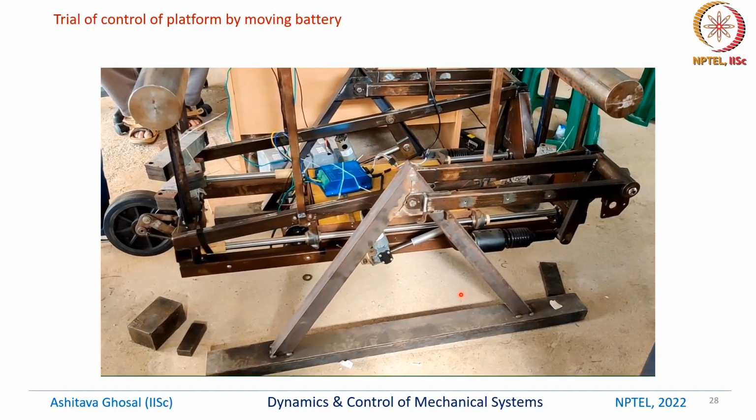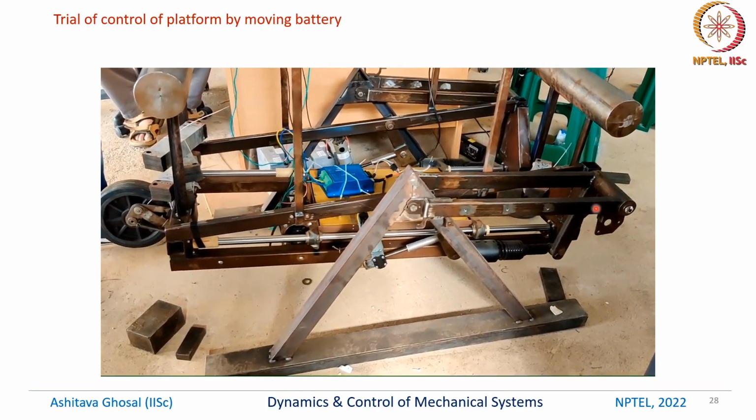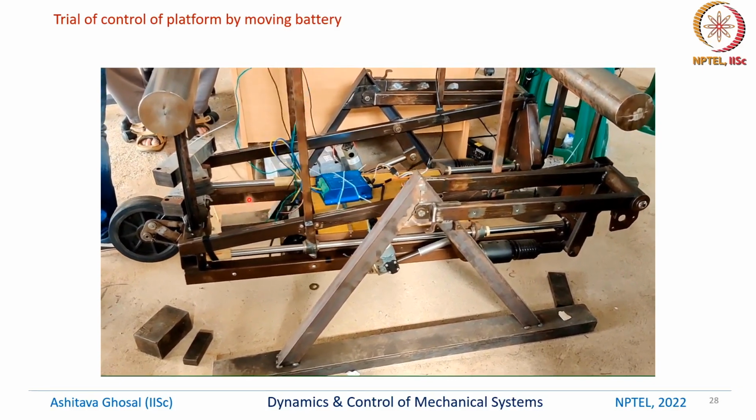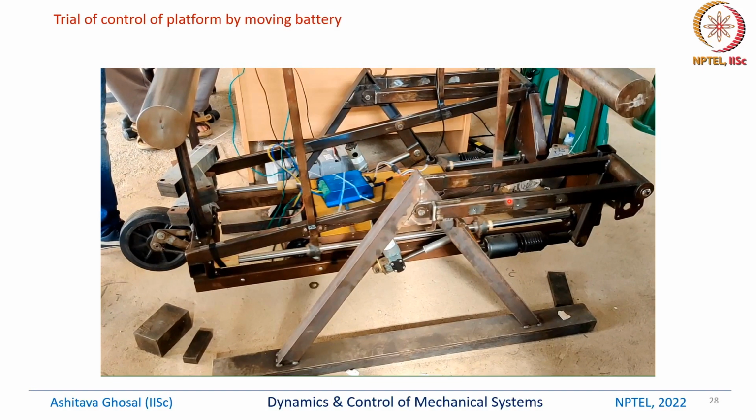And this is what you can see. So this is the tilt platform. As the vehicle is tilting, the platform is going back and forth so as to counteract the tilt of the platform. So right now there are no wheels because this is still in trial, and